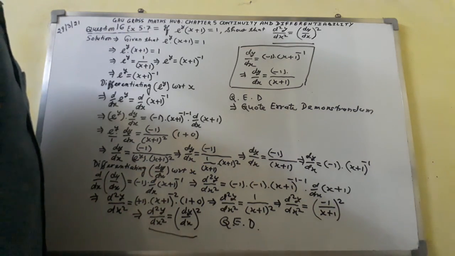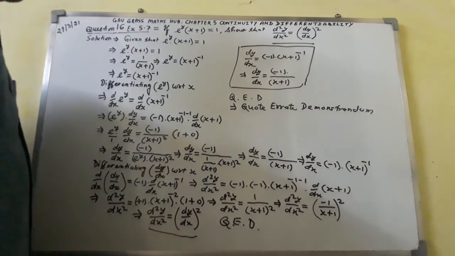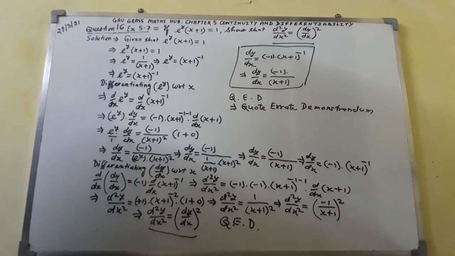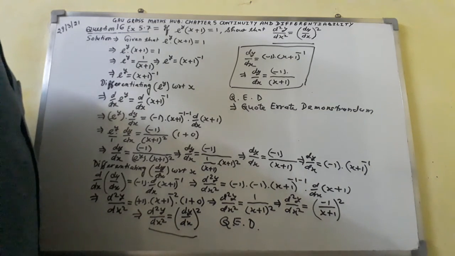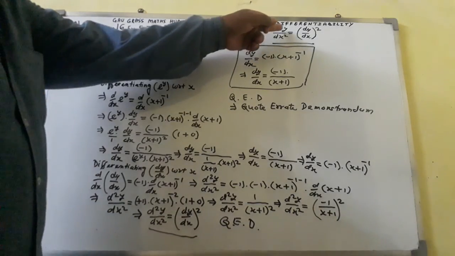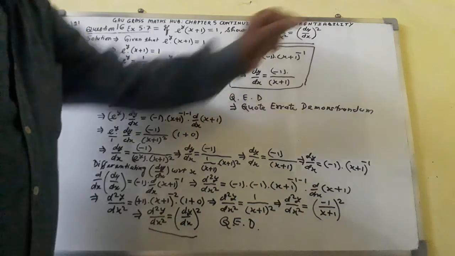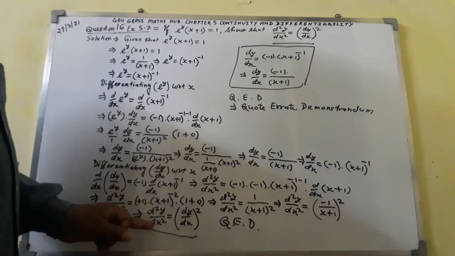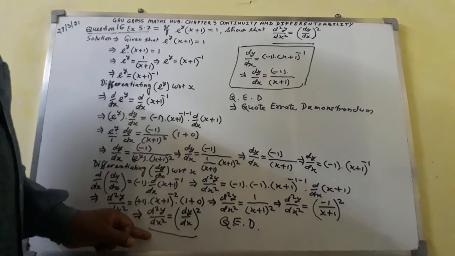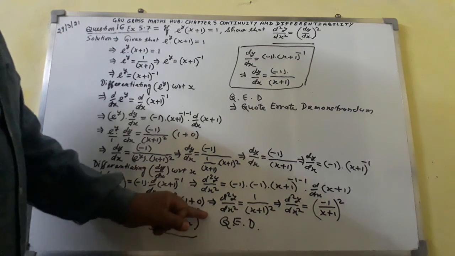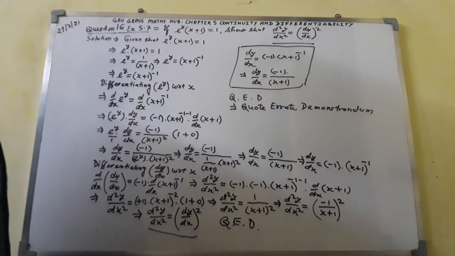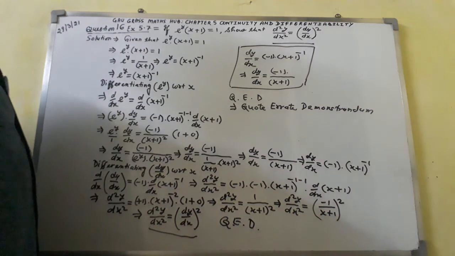This is the proper explanation of question number 16, exercise 5.7, chapter 5, continuity and differentiability. Here d square y over dx square equal to dy over dx whole square. Same result we have got here. This is one of the important questions taken from